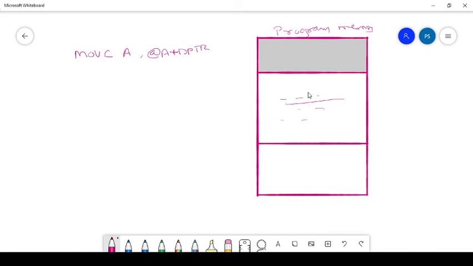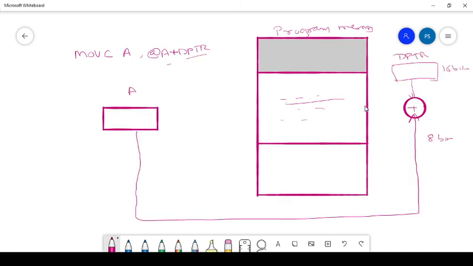The accumulator has some 8-bit value, and this is added with the contents of the 16-bit DPTR register. DPTR has a 16-bit address and the accumulator an 8-bit value, and both are added. Whatever sum we get, in that particular memory address we have some code, and that has to be moved onto the accumulator. That is the meaning of this instruction.